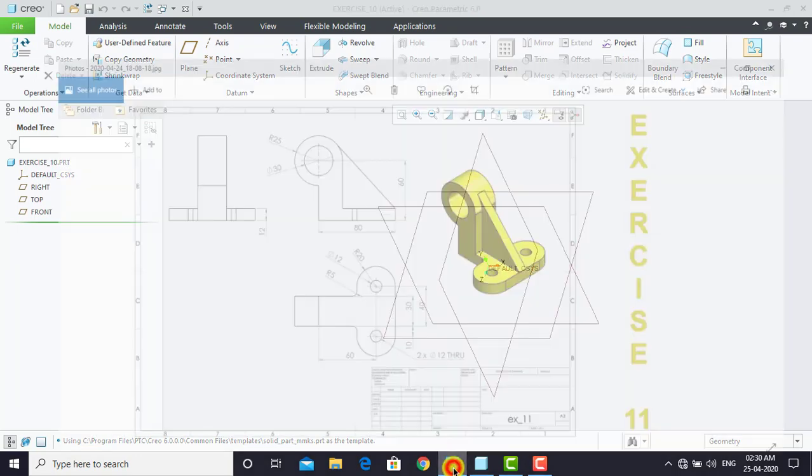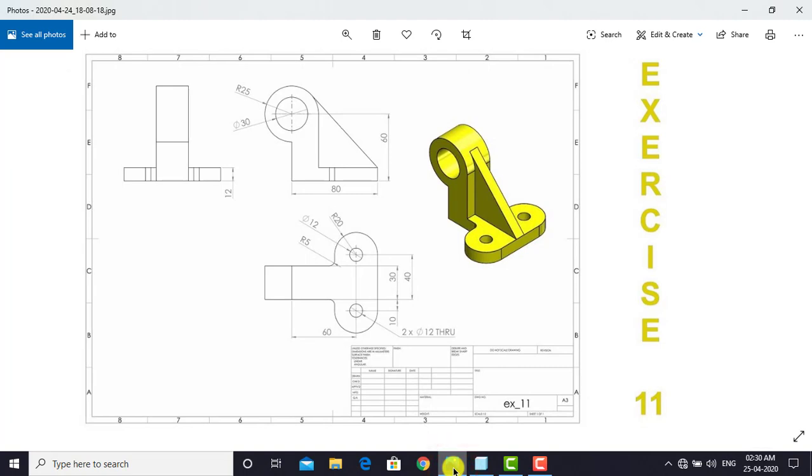Here you can find the typical dimensions of this 3D component. Now to create this component, we have to first create one base feature so that on that feature we can create other features. Here in this component, this will be our base feature. You can find the dimensions for the base feature over here. To create this base feature, first we have to create two half circles with the radius of 20 mm, and the distance between the centers of the half circles is 30 plus 10 plus 10, that is 50 mm.